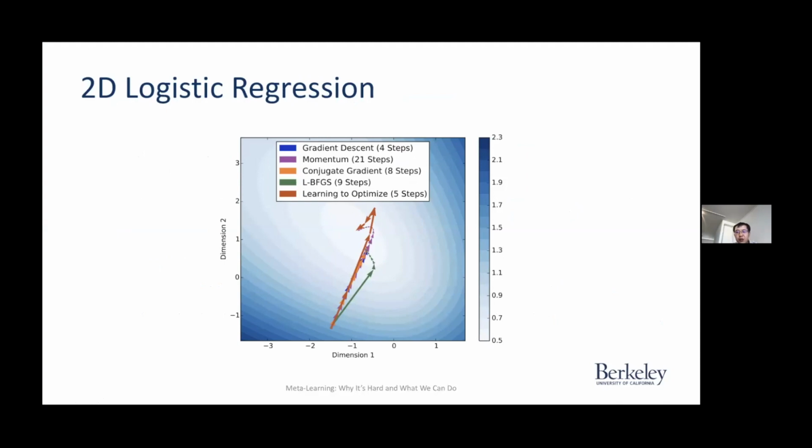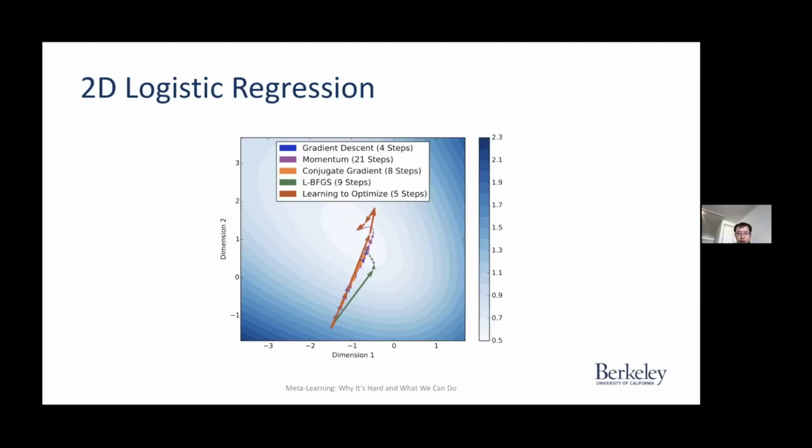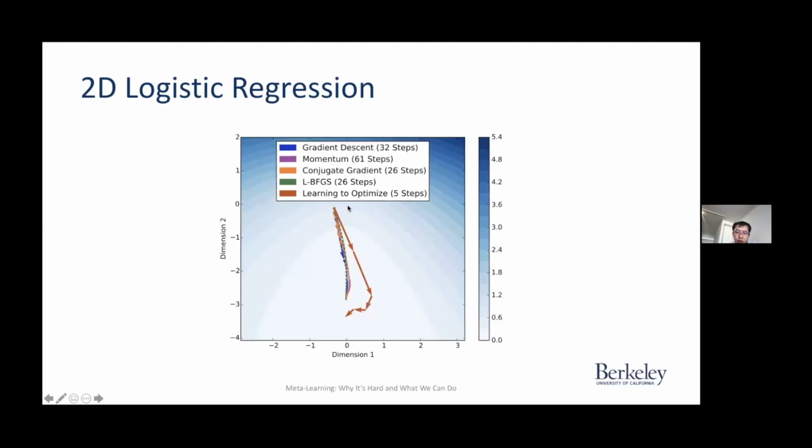I guess you could visualize the comparisons here. They are all starting from the same iterates. If you take a look at just the first arrow here, that is a difference between the outputs of the learned optimizer versus, for example, conjugate gradient. This is in the 2D setting. Empirically, it's able to learn interesting behaviors. It is learning to correct itself, and it's also learning to speed up if it encounters vanishing gradients.